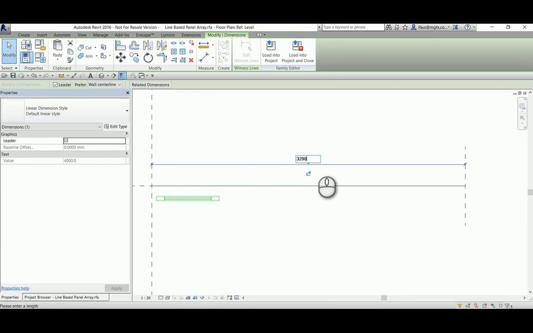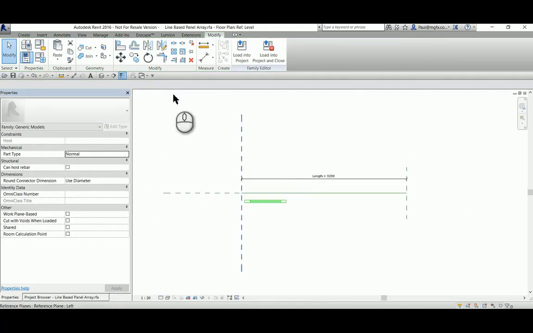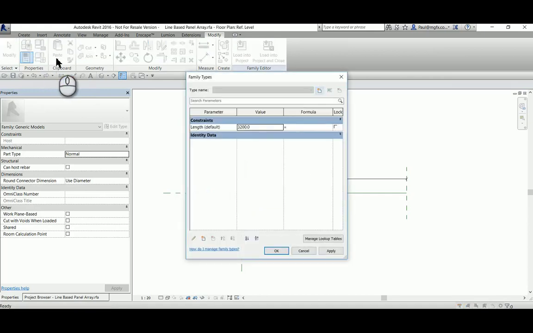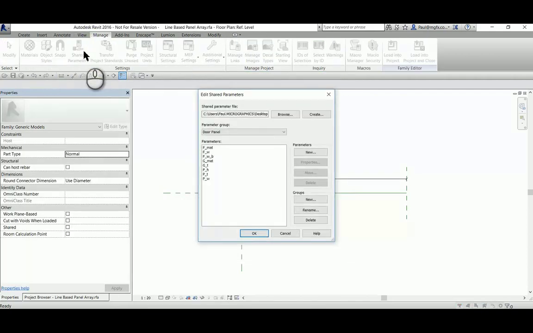Currently the panel is 800, and so I'll make the line a multiple of 800. Of course, this is driven parametrically. The length is an instance parameter,